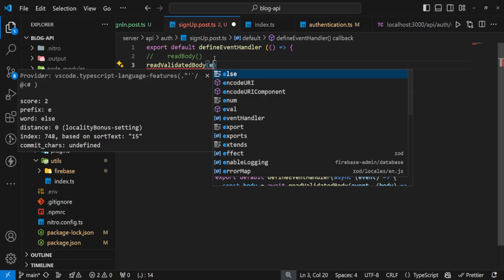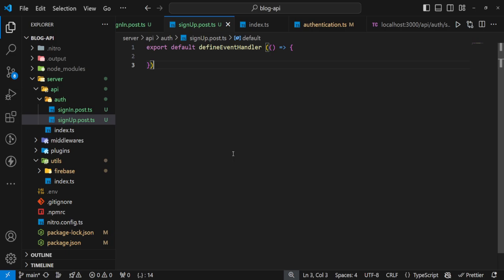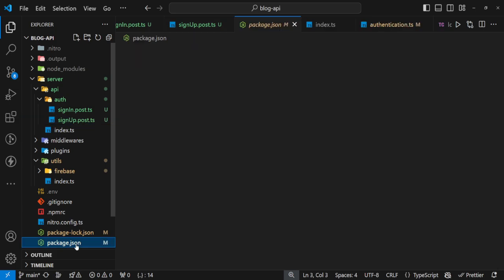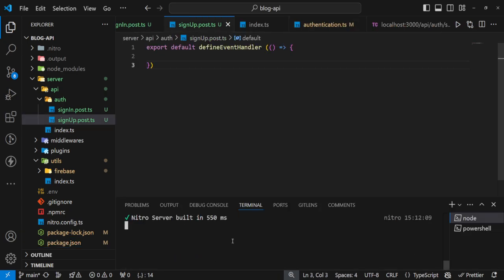So for us to be able to create a schema, we'll be using Zod. Zod is a schema validation library. It allows us to create a schema, which we are going to use to validate our body. So first of all, make sure you do your npm install zod. I have installed mine already, as you can see. If you want to install it, type in